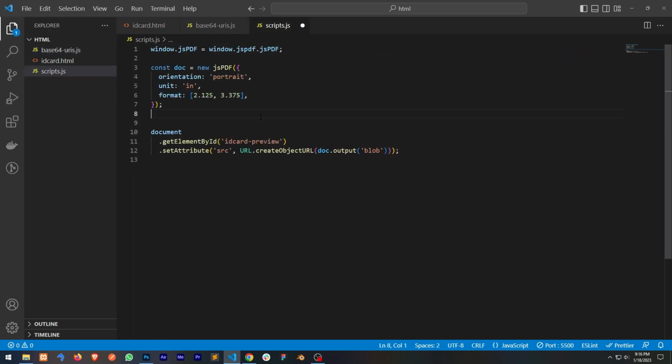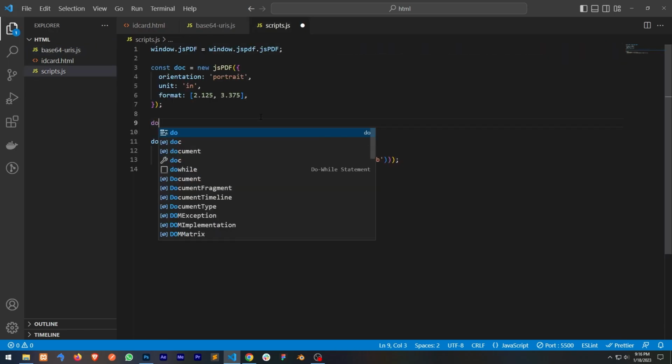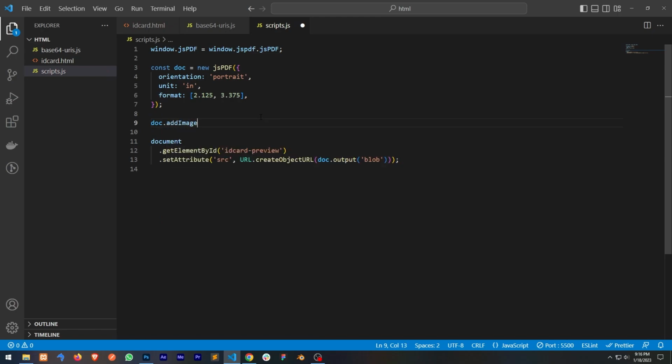I will delete this line and I'll add the image. The add image method takes the first argument, the base64 URI. So I'll write the logo URI, and then it takes the position X and Y, and then width and height